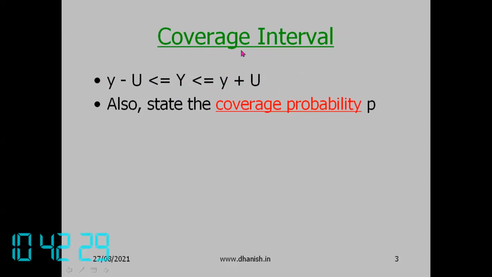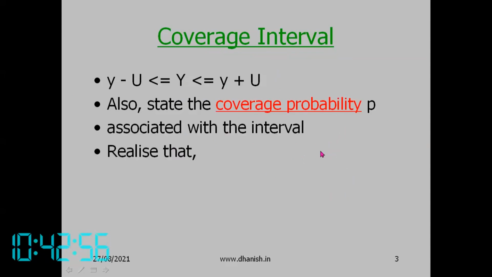So whenever you give a coverage interval, also state the coverage probability P. So what percentage coverage are you talking about? Is it 90%, 95%, 99%? ISO does not recommend any particular value, even though nowadays 95% is most commonly used. But ISO officially does not recommend any particular coverage probability